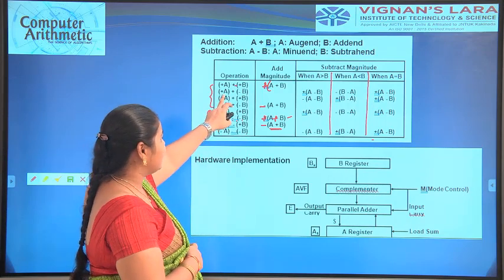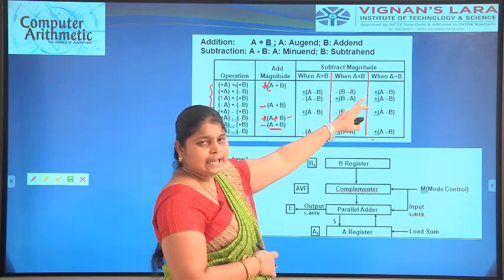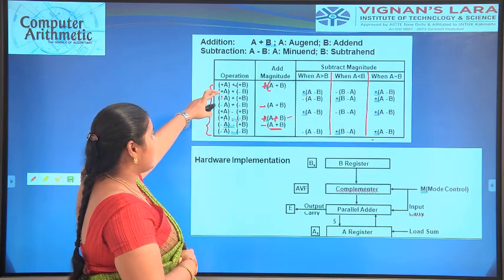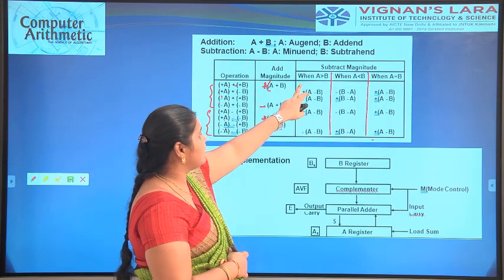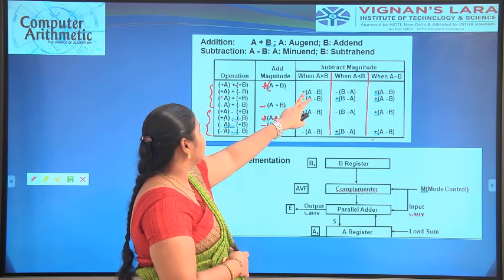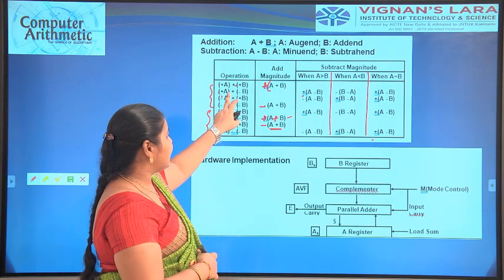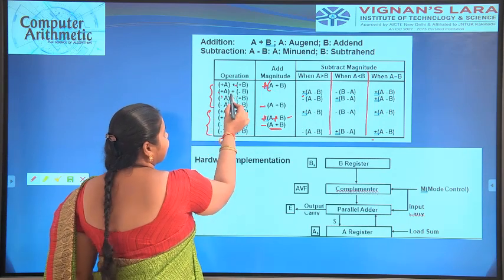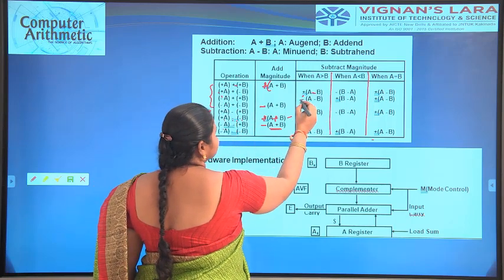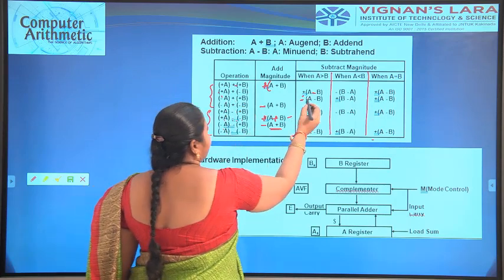For the remaining, for example, A is greater than B. Here we have to subtract: A greater than B, A less than B, A equal to B. Here A is the highest number because the sign of A is positive. Okay, that's why we take the subtrahend. Plus A is greater than B. The main sign is plus. A into plus or minus is minus, plus A plus or minus into minus, A minus B. Here minus is taken as minus when A is greater than B, plus into plus, A minus B.